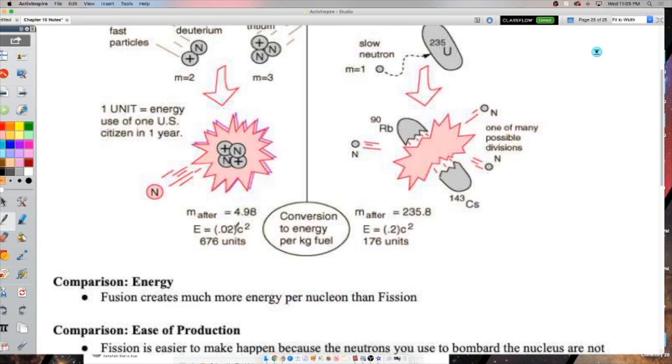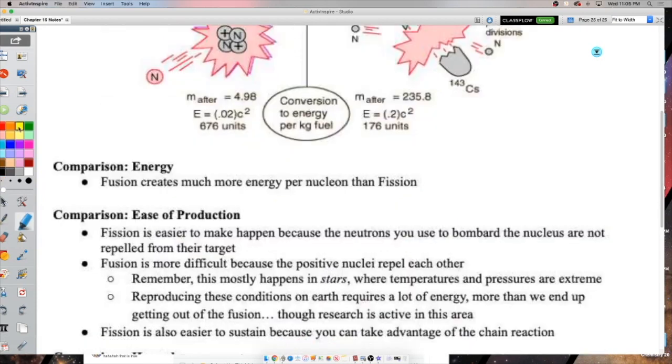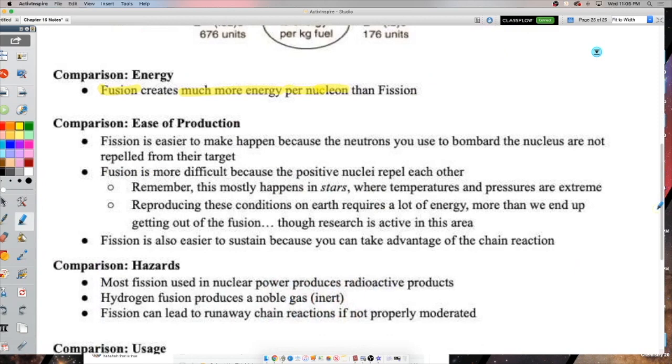I know this makes it look like, oh, this 0.2 times c squared and 0.02 times c squared, you're going to get less energy. Yeah, sure. Per reaction, you're going to get less energy out. But per nucleon, per mass, you get way more energy out of fusion. Fusion is a much more bang for your buck reaction. So comparing the two in terms of energy, fusion, much more energy than fission, per nucleon, I should say. Now, you might be saying to yourself, well, then how come we use fission in all of our nuclear